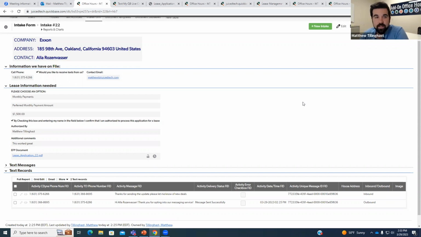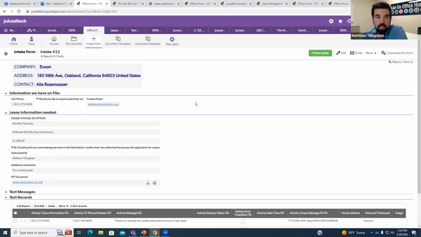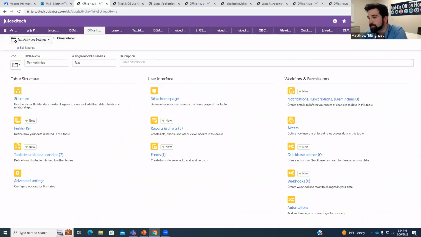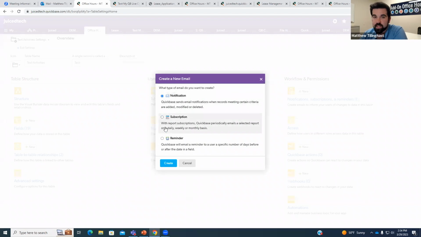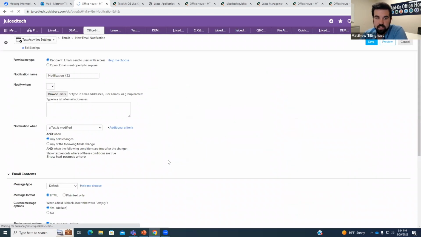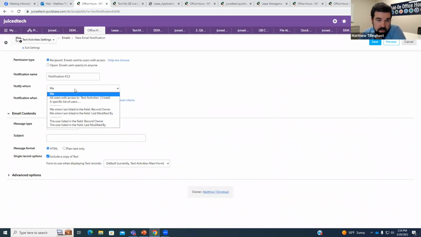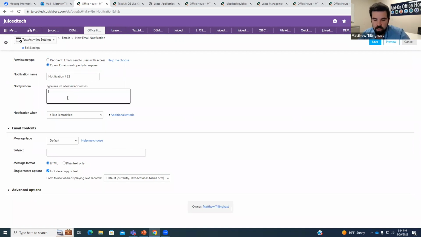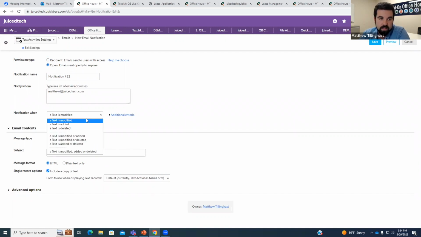It's not necessarily needed. You also can have an email notification on your text activities table, which can notify me or a specific list of users. You could put whoever is needed. If you have a couple admins or super users, I could just put my own email for now. And what you could do is just have it when a text is added. So every single time a text message is added, you get an email that says,